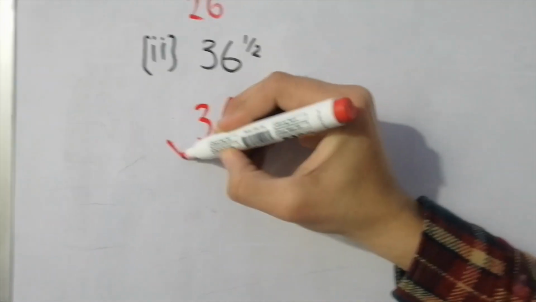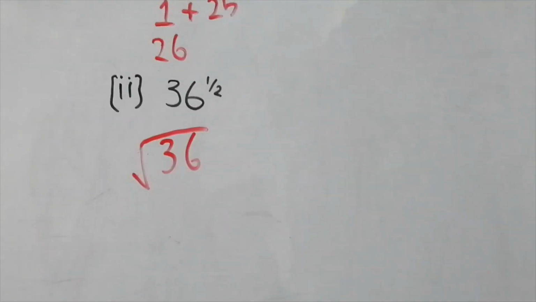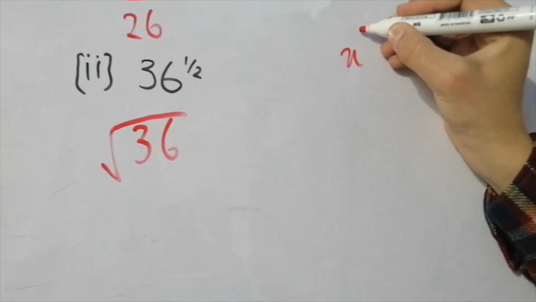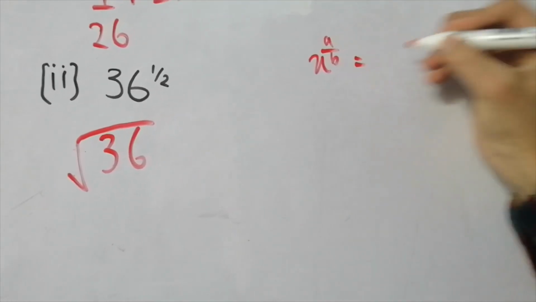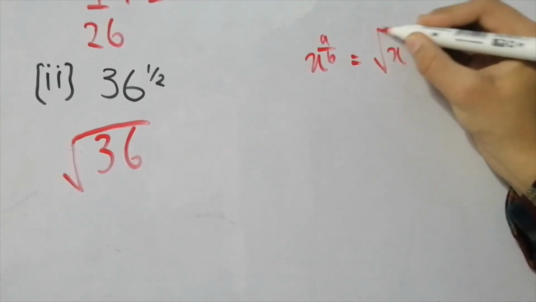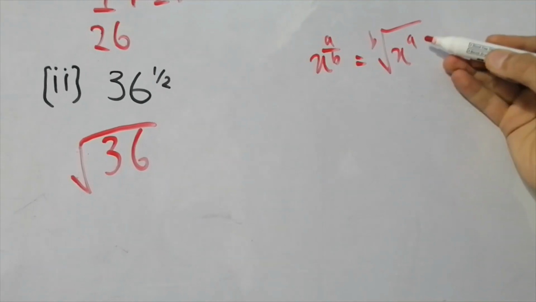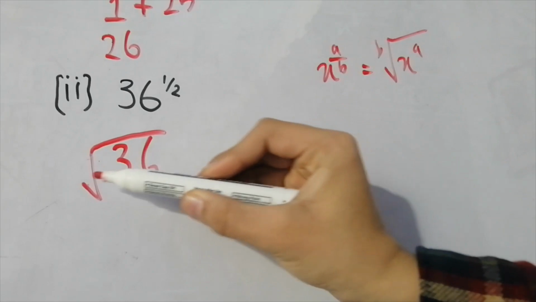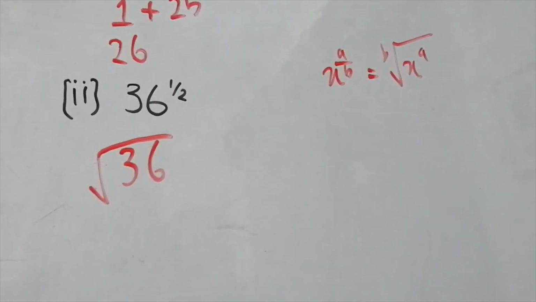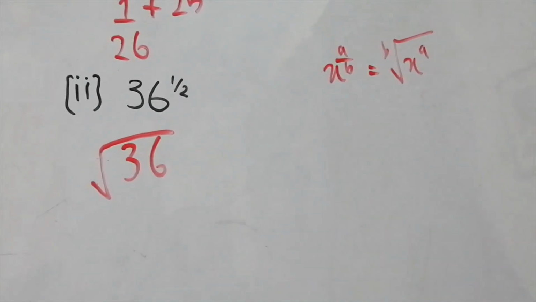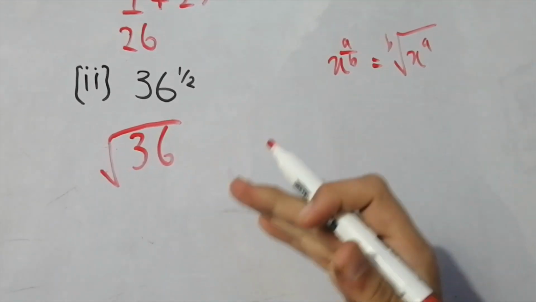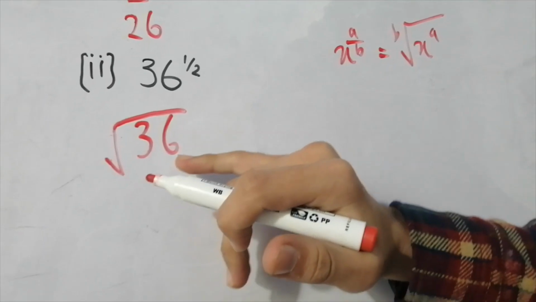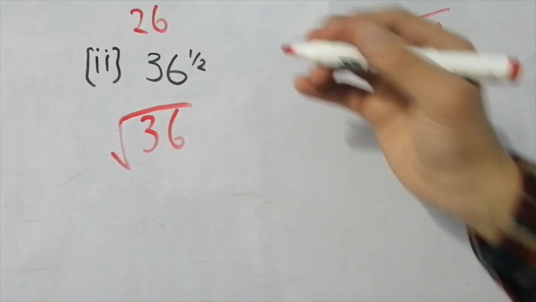36 is square root, and how we know this is from this rule. Let me just rewrite this rule here. So in here, a is 1, which we don't need to write, and b is 2, which we also don't need to write because it's implied by the square root. So now again, you need to know the basic roots, basic square numbers, and you would know that 36 can also be written as